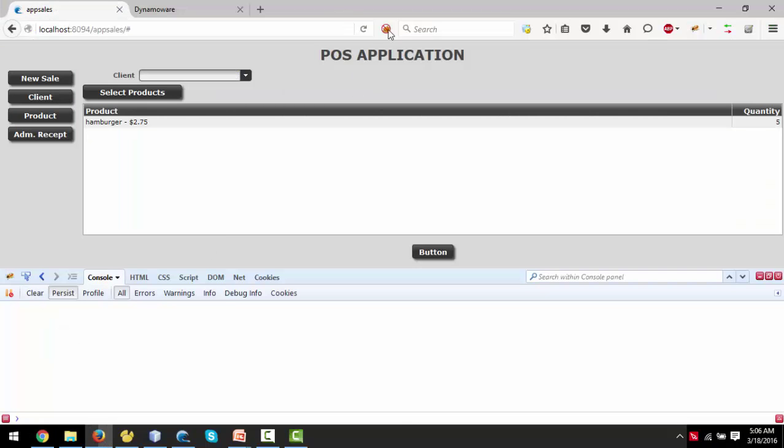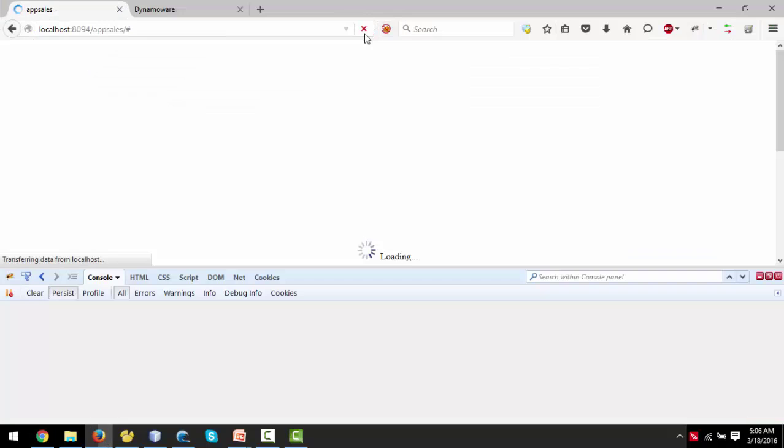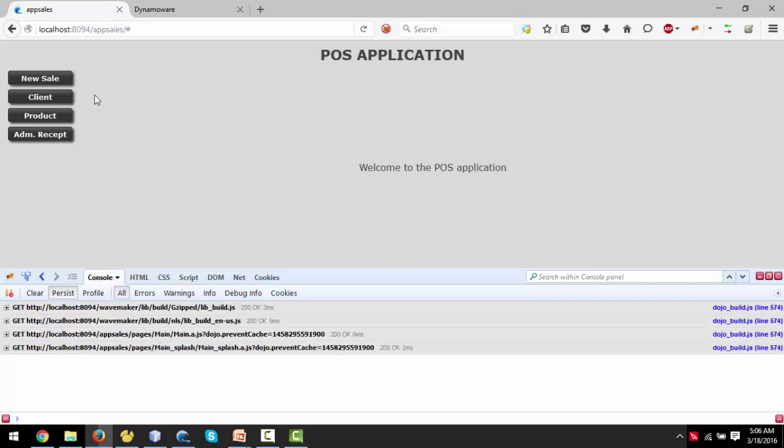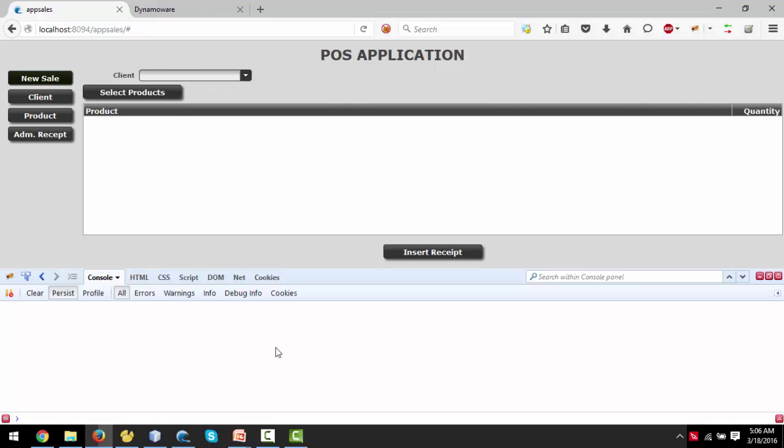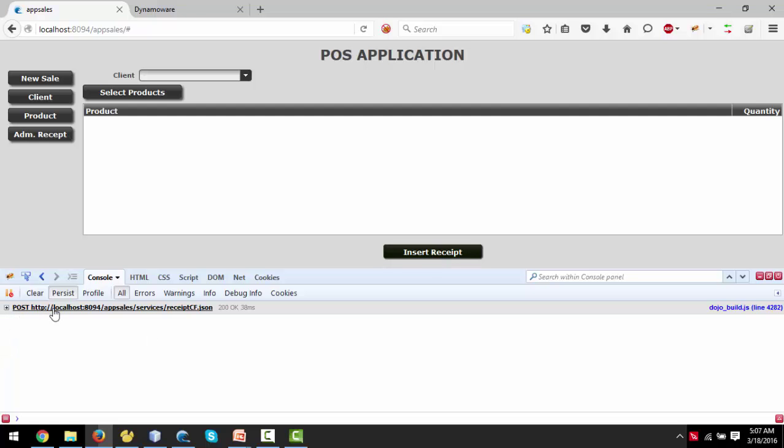Okay, let's reload our page. Let's navigate to our new sale. Okay, these are the two push requests of list products and clients. Let's clear this. Now we're going to click on insert receipt. So you can see that it made a post operation. It went to this address,